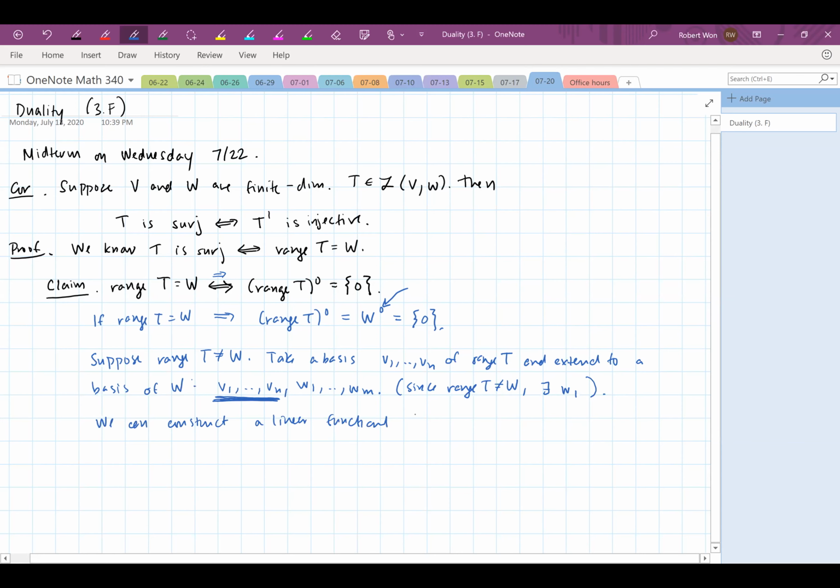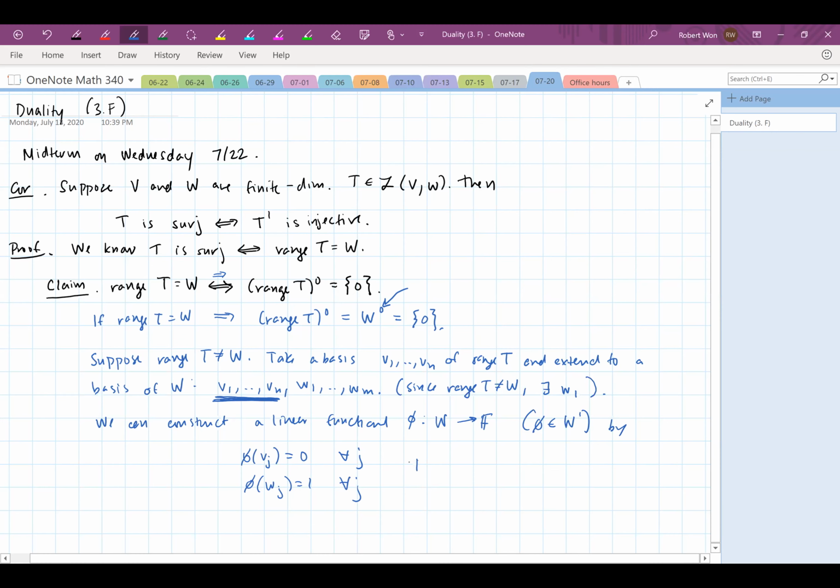from, let's call it phi, from W to F. Right? In other words, phi is in the dual. Well, you can construct any linear map by specifying what it does to a basis, right? So by phi of Vj equals 0 for all j, and let's say phi of Wj equals 1 for all j. Remember, we have this theorem that says that you can construct a linear map by specifying what it does to a basis, and you're allowed to send the basis anywhere.